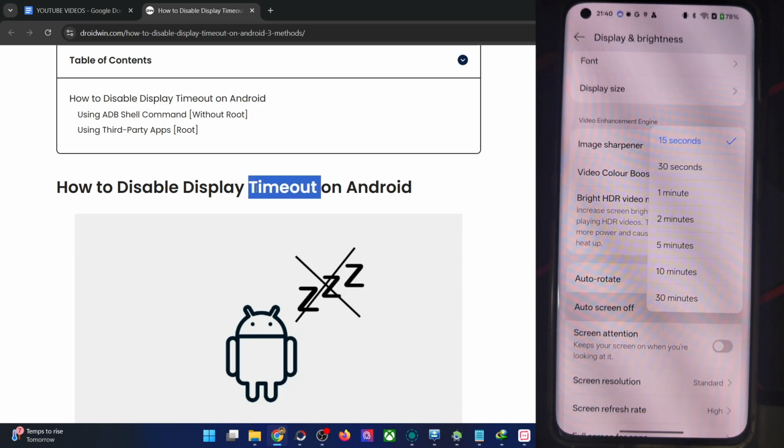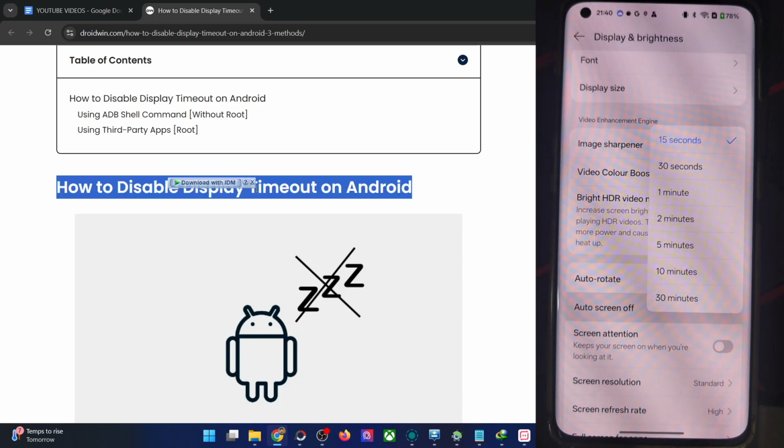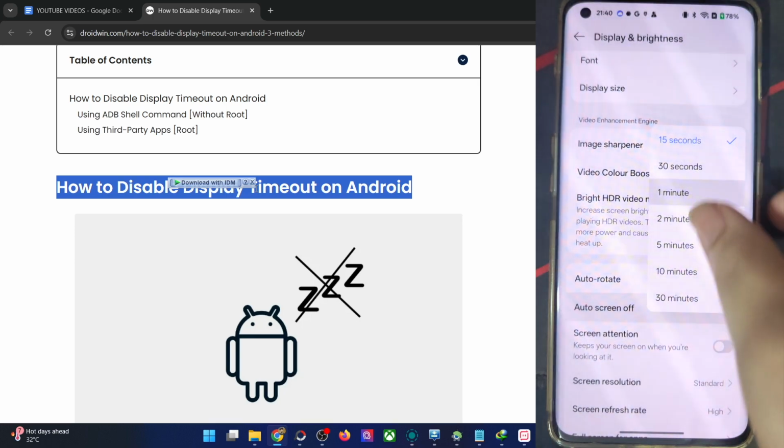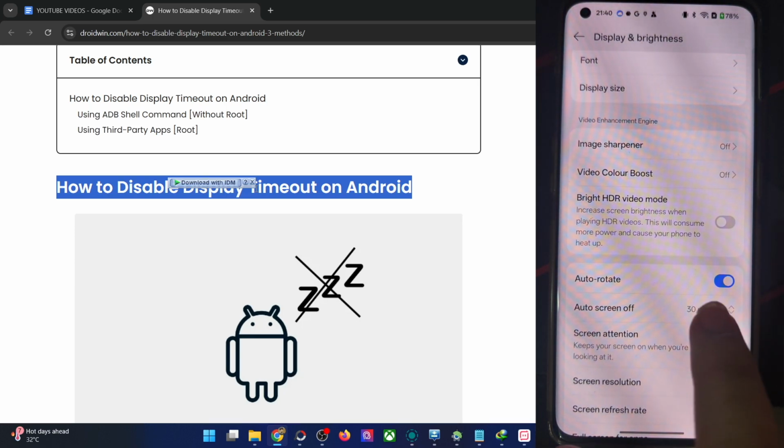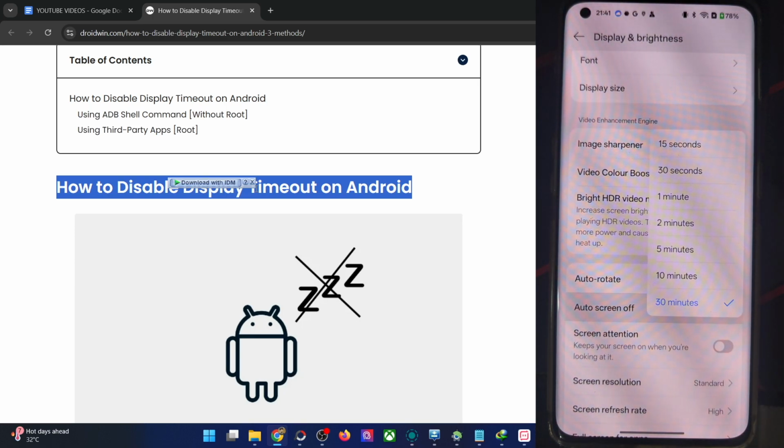In this video we'll show you how to disable the display timeout limit on an Android phone. As you might be aware, on most Android phones we get the following time limit, and 30 minutes is the maximum, after which your display will automatically turn off. However, I want a time limit that is effectively non-existing, a lengthy one, around 5 hours, 10 hours, 20 hours, something like that.